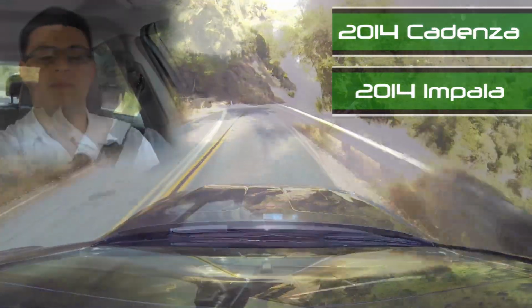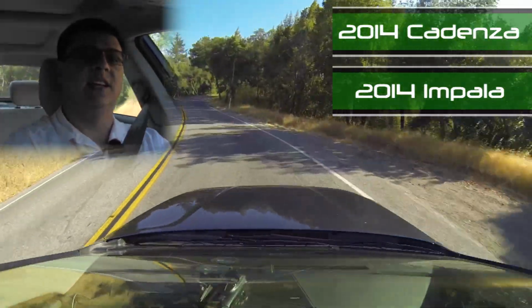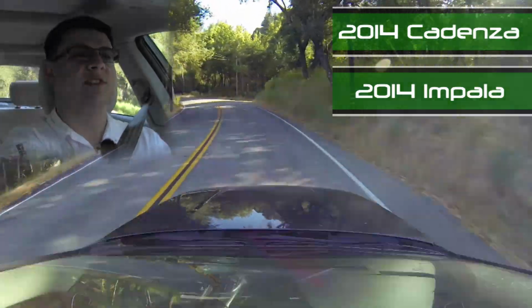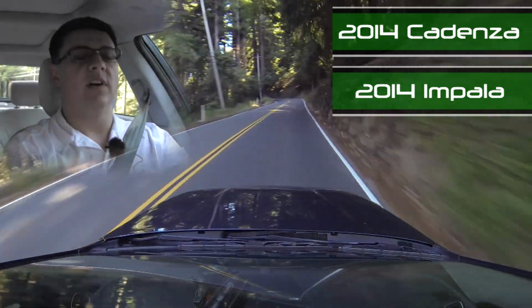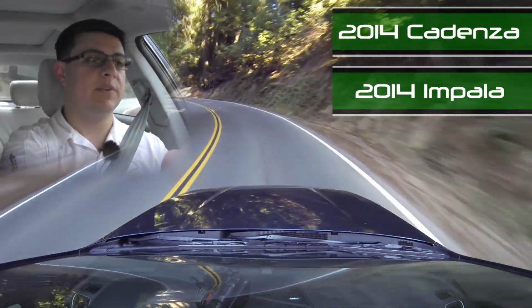the Cadenza. The steering in the Cadenza is fairly equal to the Impala in terms of accuracy, as well as in terms of front-wheel drive manners, and by that I mean torque steer, plowing in corners, a heavy feel when in corners under power, but the Impala gets a slight nod here, even though the Cadenza steering wheel is more attractive. Thanks to both cars having modern direct injection V6 engines, fuel economy has been very similar between both cars,